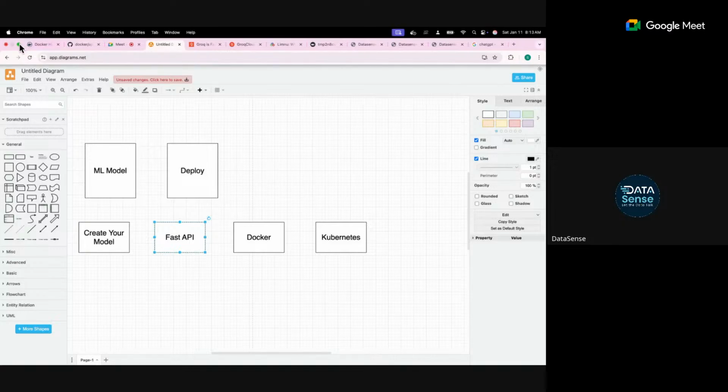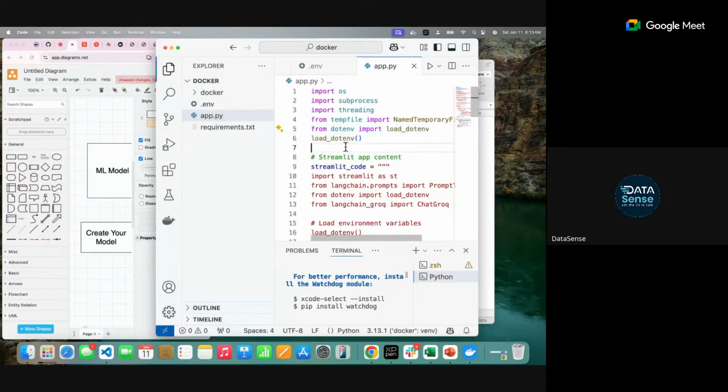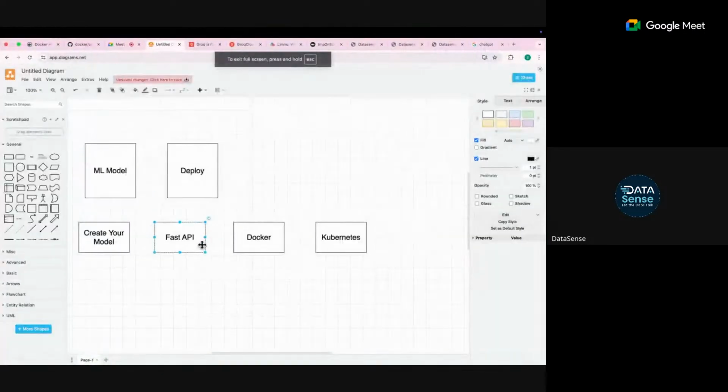So they will not interact in the form of, let's say, this code, that okay, this code runs and gives its output. The output of any code should come and go in the form of an API. Then only software can take it. So we develop FastAPI for that. After that, we do the Docker part. Then we do the Kubernetes. Once you're done with Kubernetes, your product is ready, available on the website.